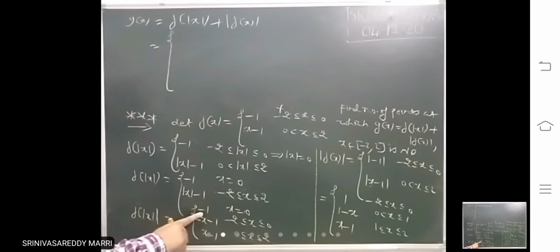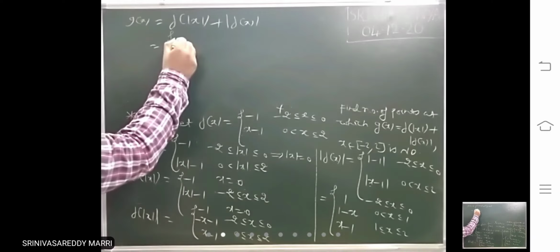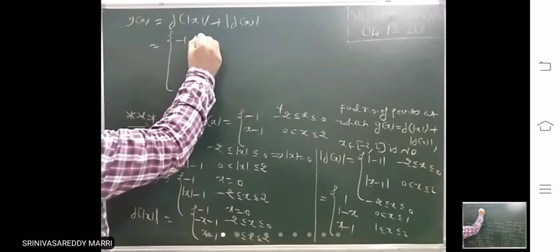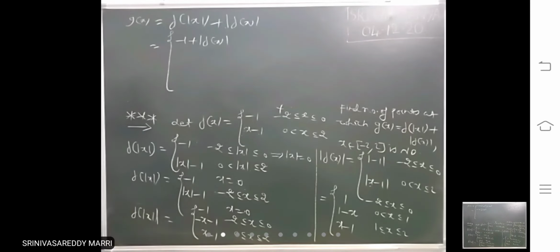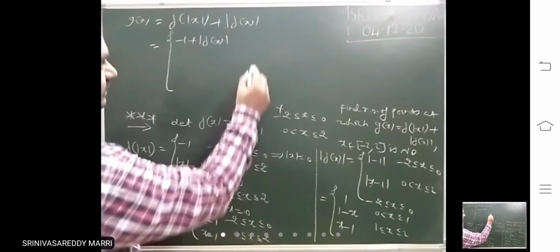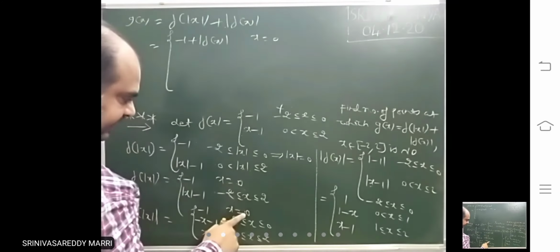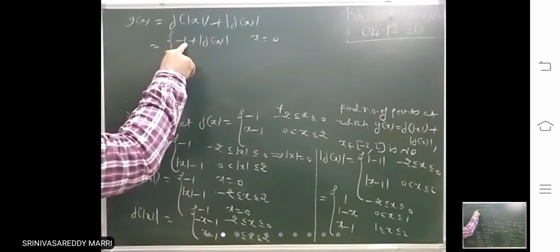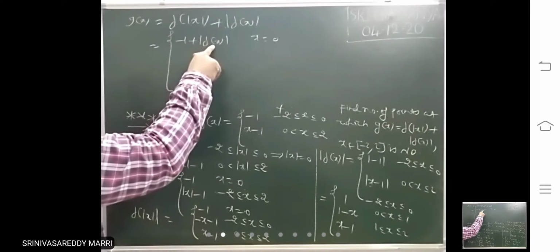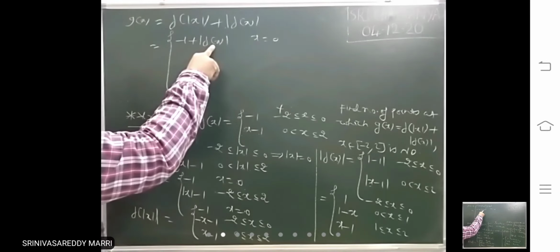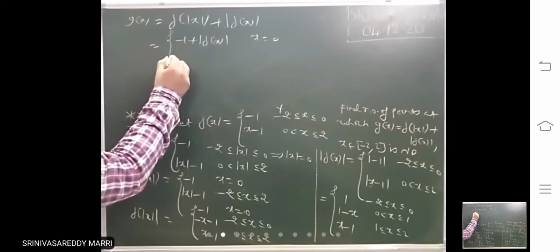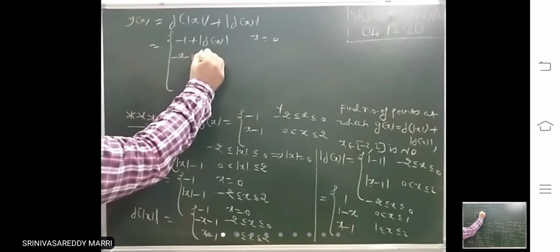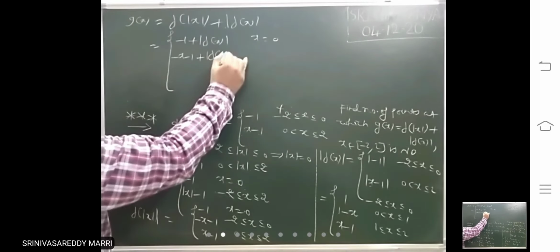f of modulus x is there, this is minus 1, this is minus 1. Don't change this, write like this one. One definition you don't change, x equal to 0. When x equal to 0, f of modulus x is minus 1. And this I have not written, just don't write this. Keep it like this, right? So then minus x minus 1 plus modulus f of x.